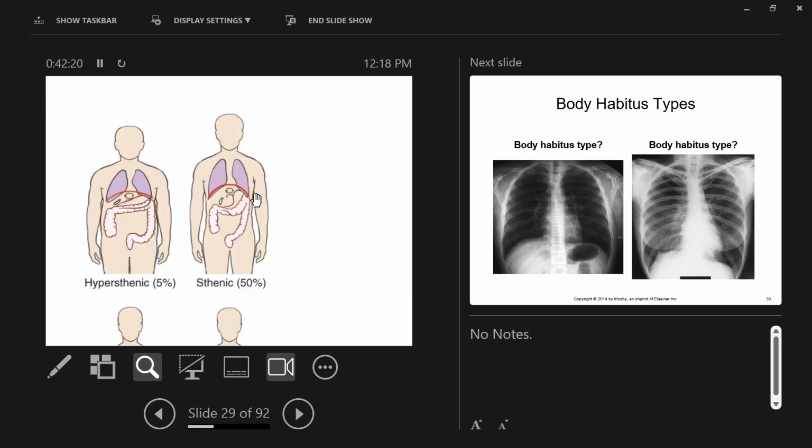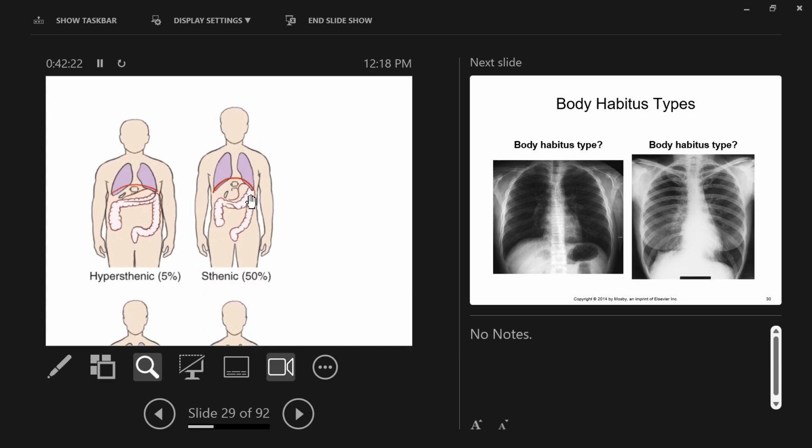Stenic with an H, so stenic. I'm gonna lisp it. Stenic people account for about half of our population. They are of average height, average musculature, so they're not bodybuilders, they're not runway models, they're not tall, they're not short, they're the average-ish person, okay? These average people